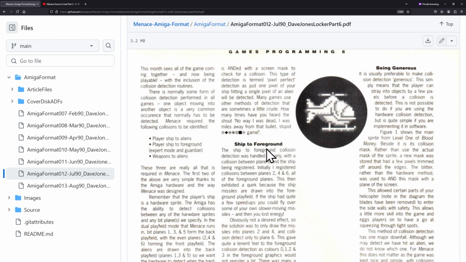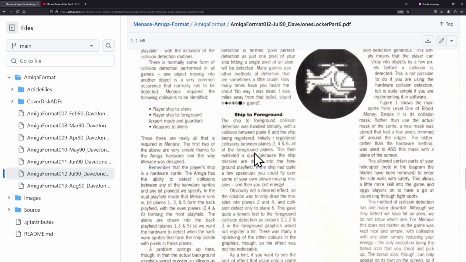Here we go. So he starts talking about the collision detection, and yeah, so ship to foreground, we won't read that now because that is actually working, but basically that is sprite detection with the foreground plane. It's dual bit plane mode. It does say I register collision between planes 2, 4, and 6. So I think the two play fields, is even bit planes and odd bit planes for the two play fields. Okay, so ship missiles are drawn into the foreground play field, and the enemies are drawn into the background playfield,